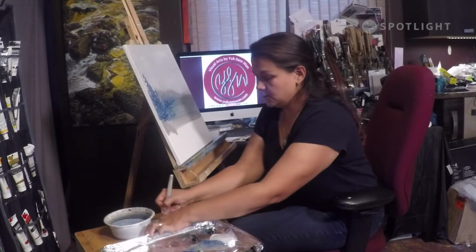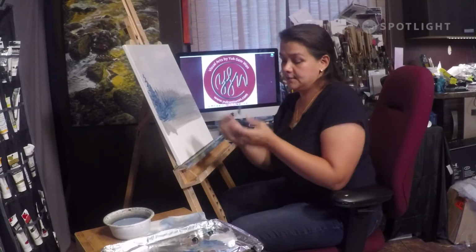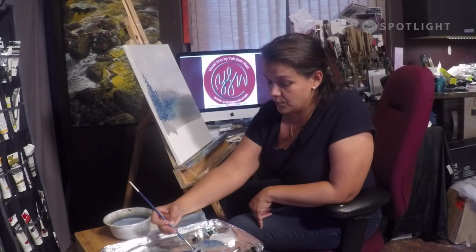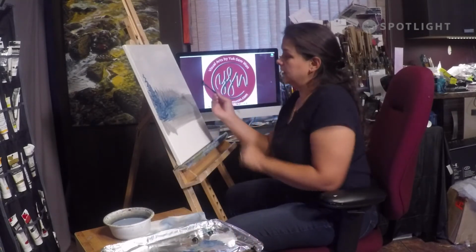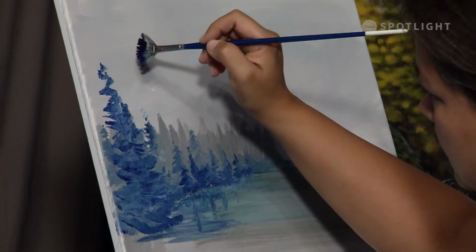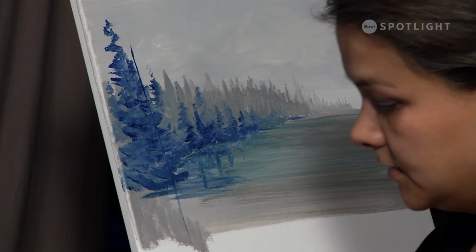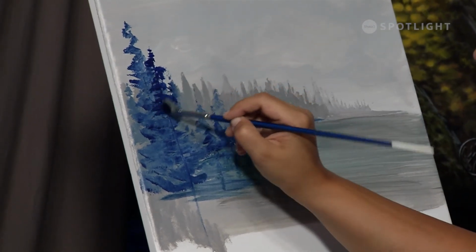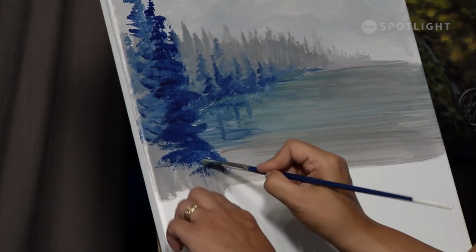What I'm going to do is make sure that brush is washed off, and come in and be able to, I'm using the fan brush. So the fan brush is a flattened brush that's spread out. It's very useful for doing the trees. In one of the other episodes, I went into it a little bit more in detail on one of the trees. So what I did is really go in and get some paint on the edges, use your brush first to get that trunk, turn it, use the corners, make sure you have nice paint on there, turn it to use the corner, and then come in. And the fan brush is really nice because it gives you that detail without too much effort for that nice fanning